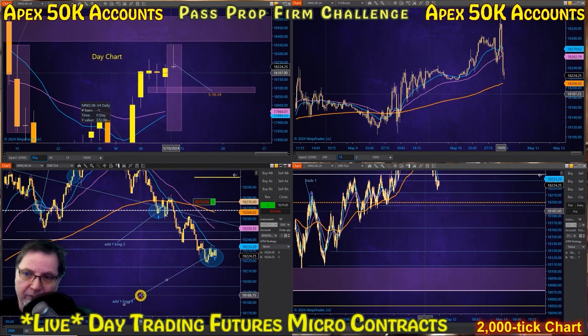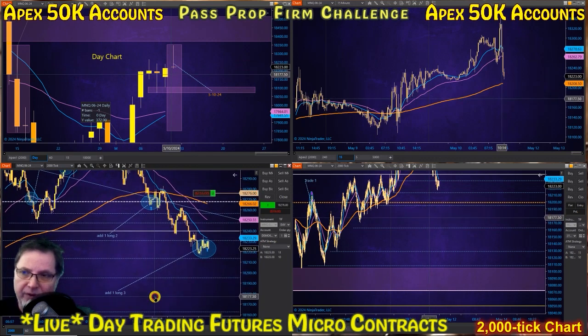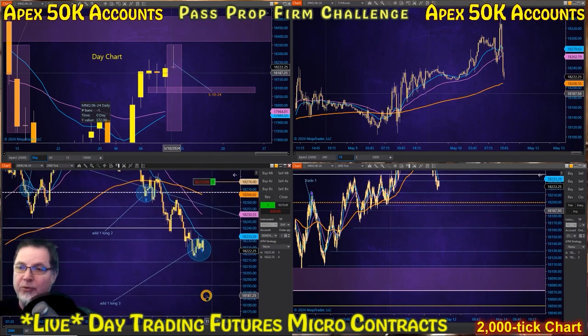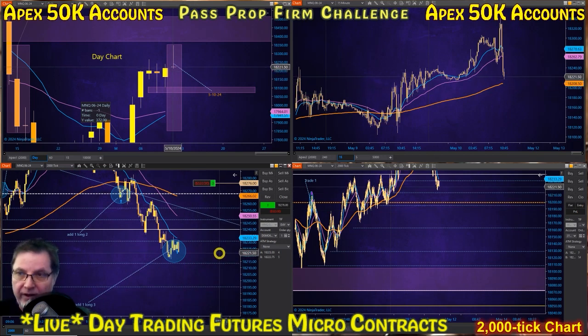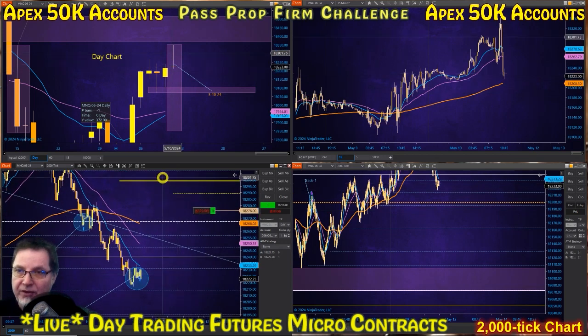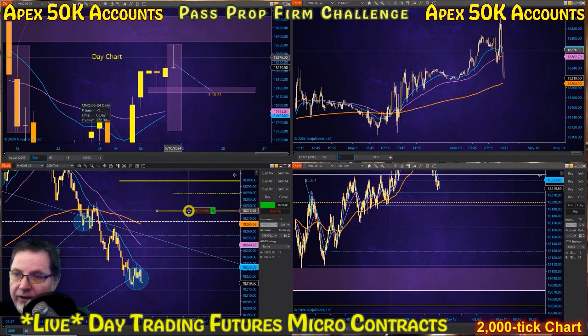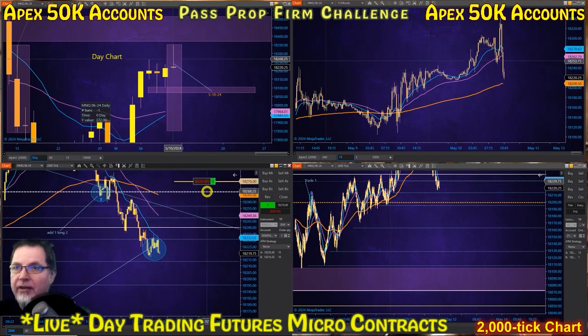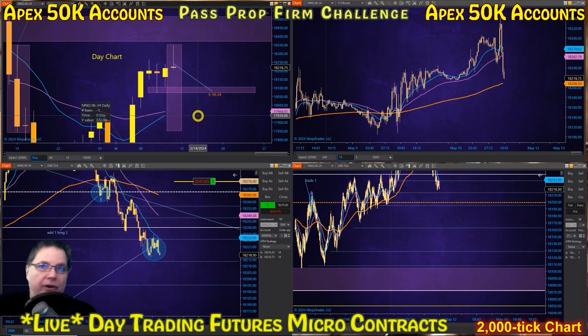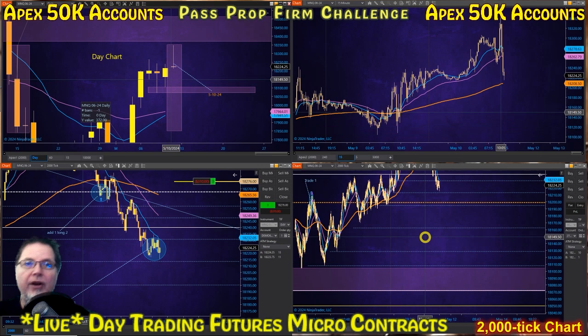because I probably would not be so carefree if it was real money, adding a third contract right here. And that's the thing we have to be very, very understanding of, that we're not trading the same way with the simulator as we are with our real money. In the simulator, I can add up to 100 micros. Would I trade that way and risk $10,000, $20,000 in real money as a drawdown, or even an unrealized drawdown?